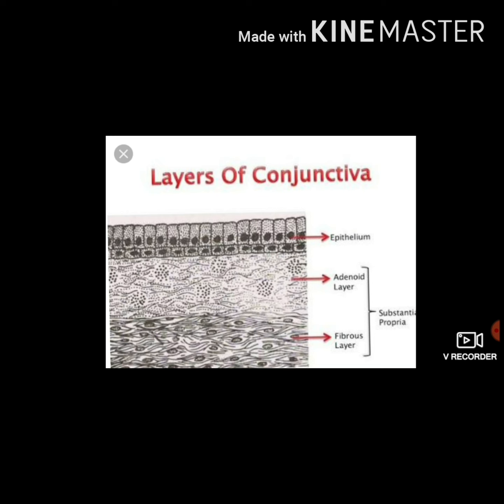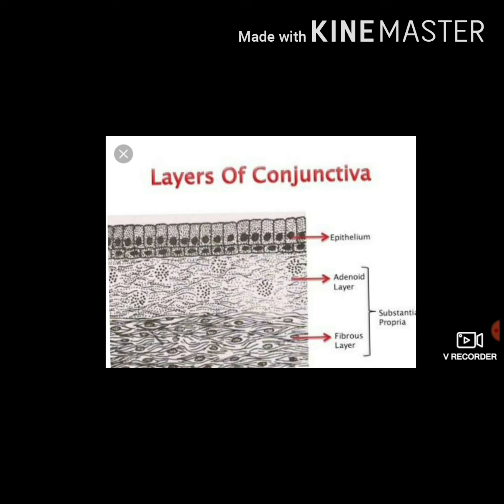The next question can be, write the histological structure of the conjunctiva. The histological structure consists of, the first part is the epithelium, the second is the adenoid layer, and the third is the fibrous layer. The epithelium has some peculiarity, meaning the layers change with the parts of the conjunctiva. It is almost 2 to 5 layered structure, non-keratinized. At the marginal conjunctiva, it is 5 layered.